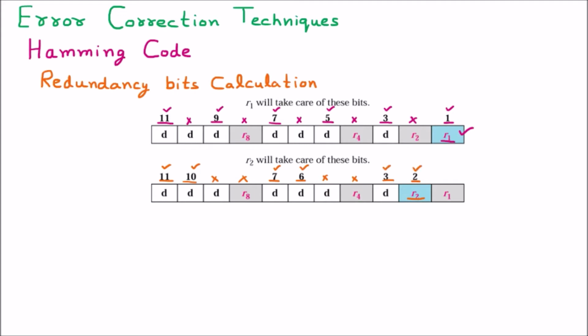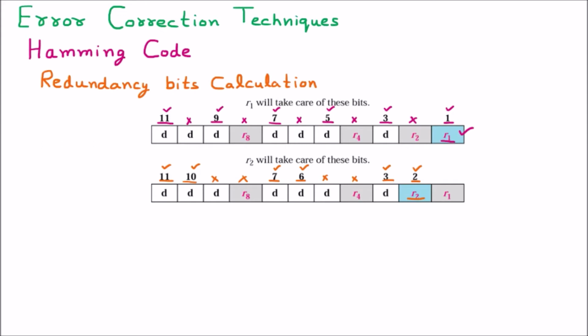So here the R2, you should understand with the 2. Starting with R2, 2, then break of 2, then again 2, then again break of 2, then 2. This pattern will keep on going until the data is complete. So here R2 is going to take care of these particular bits.